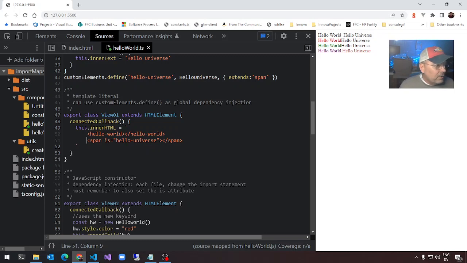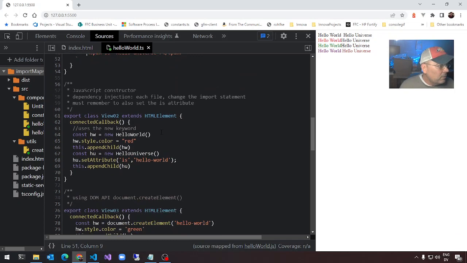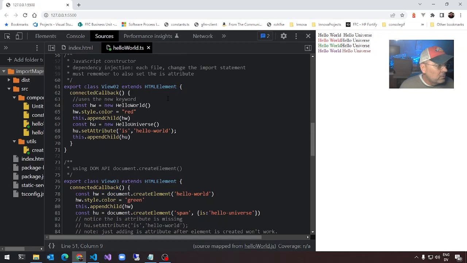Okay, but that's straightforward, not a big deal. Okay, so let's go to view number 2, where we are using a JavaScript constructor. Maybe later I'll talk about my dependency injection on this. Now one thing that is kind of interesting when you use the JavaScript constructor, it's nice because you don't have to worry about tag names. You just hit new, boom, it figures out the tag name, it puts it on the page, but we have this nasty side effect